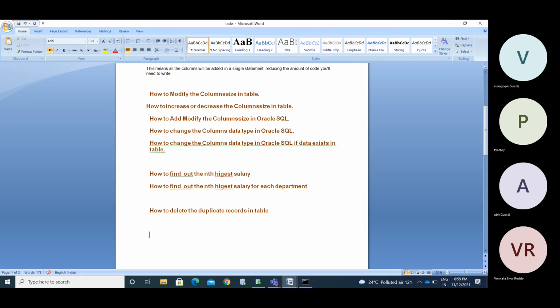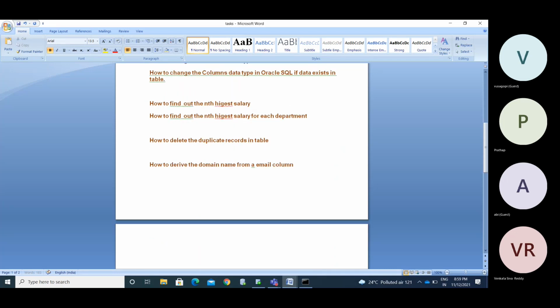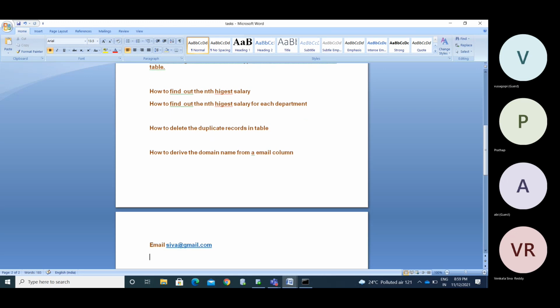So, to derive the domain name from an email column. If you have emails like something@gmail.com